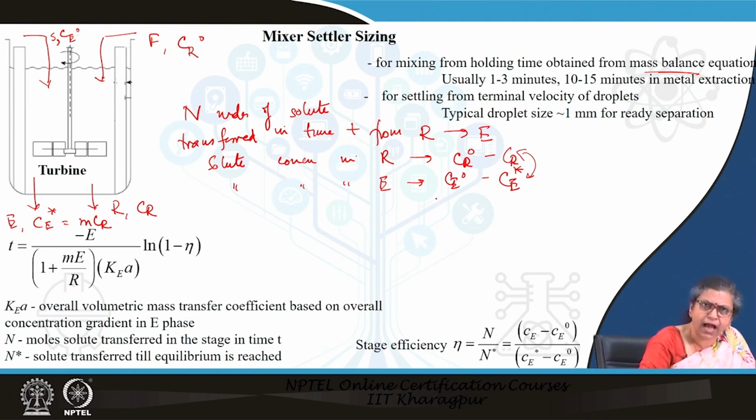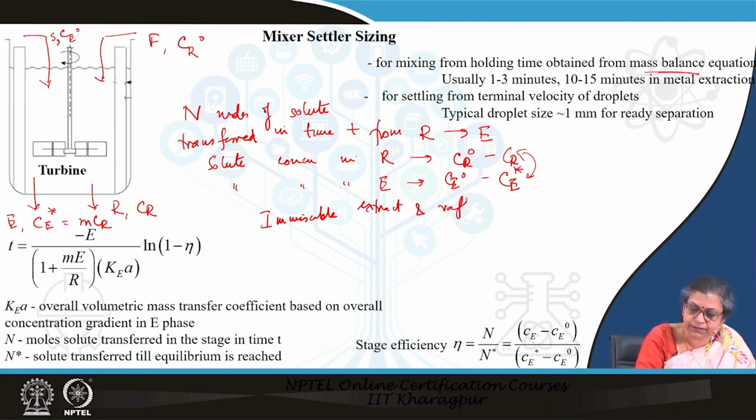Okay. And I assume that since I have already assumed the solute free flow rate is the same for both the solvent as well as the feed, therefore I can assume that Cr and C star are connected by a linear equilibrium curve within the operating range, fine. So, under this condition, we can assume immiscible extract and raffinate phases